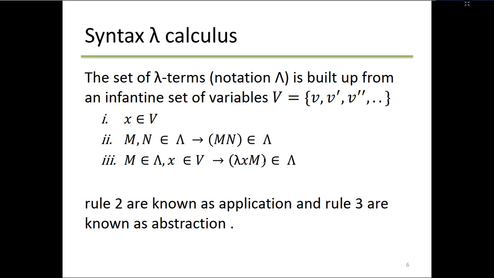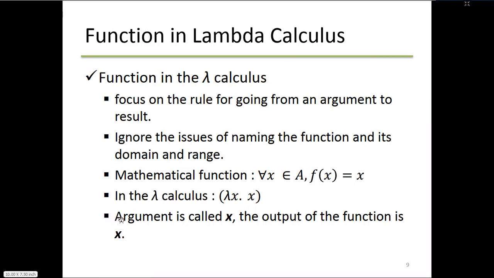Previously I told you that lambda x is a function which is taking m as the parameter. No. This is lambda x which is giving you output as m. So the argument is called x, the output of the function is x. So here lambda of x means this is f of x which is giving you the output as x. This is what the meaning of this lambda function is.